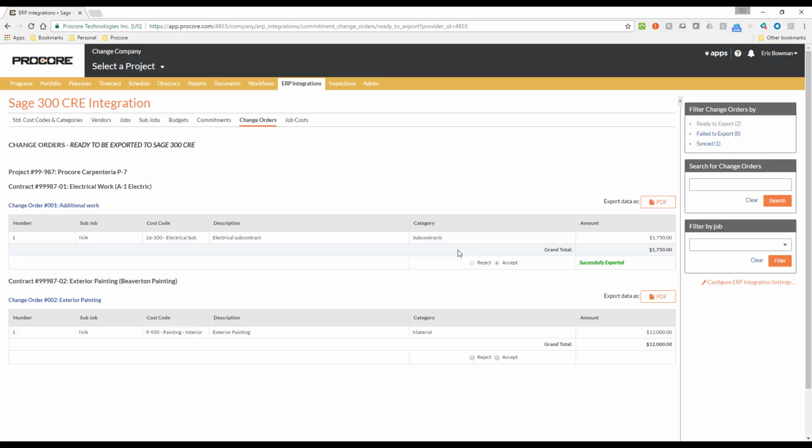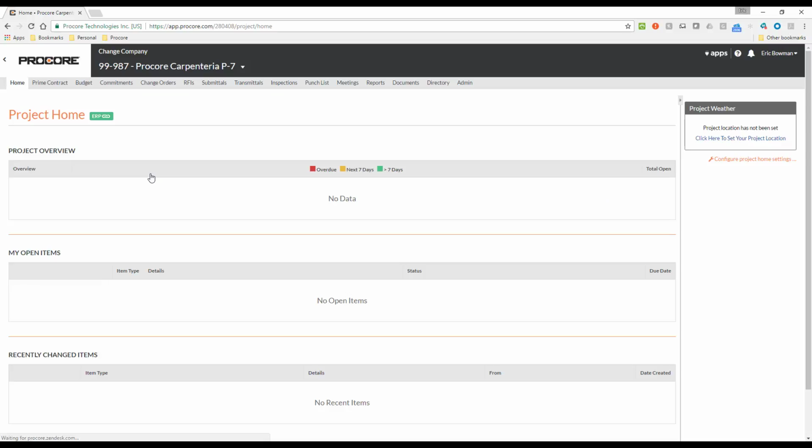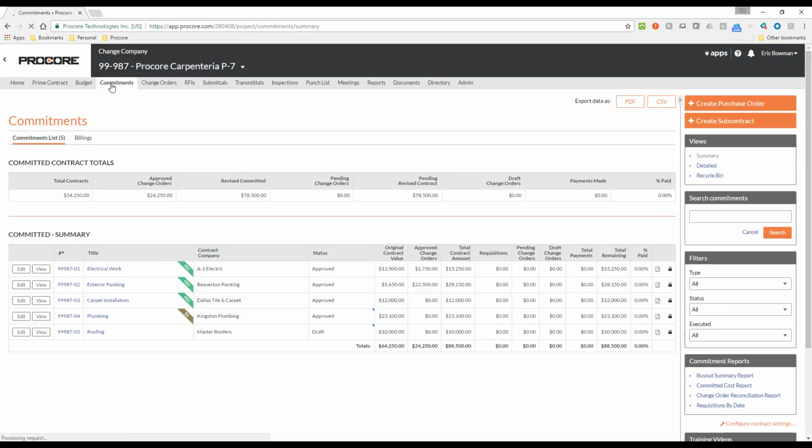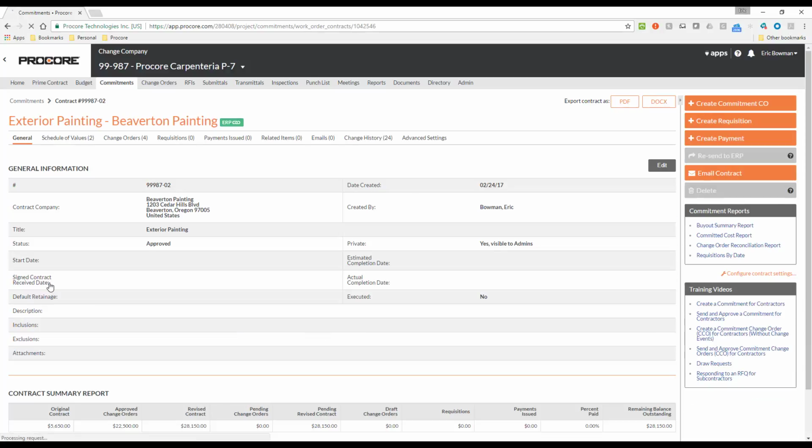Now that the export is completed, the change order will now appear in Sage, and in Procore, it will move from the Ready to Export filter to the Synced filter. I can check the status of any of the commitment change orders for the project by going back to the project, navigating to the Commitments tool, and then viewing one of the commitments. All of the change orders for the commitment are listed on the Change Orders tab,